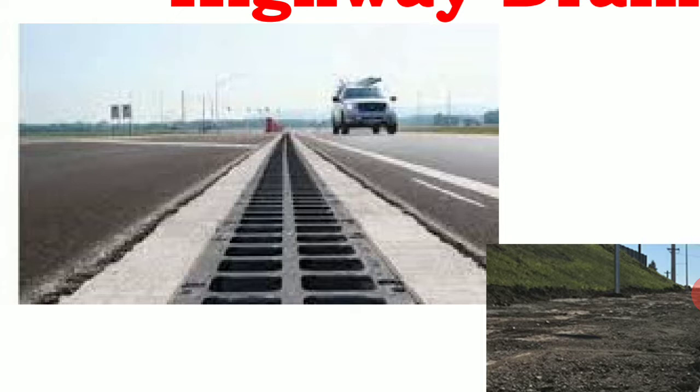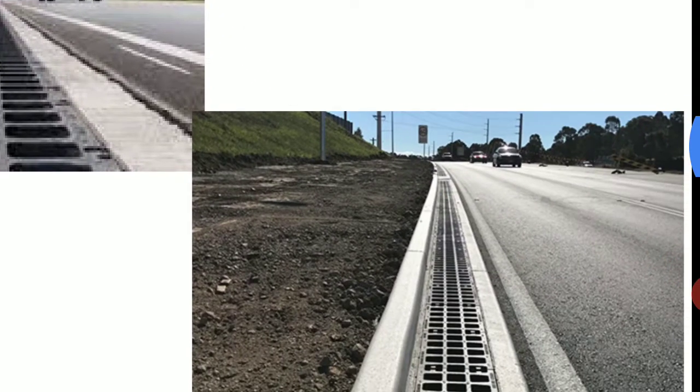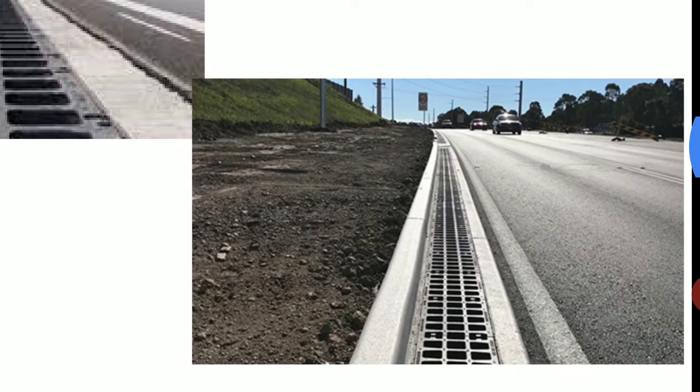So here, whatever rainwater falls on this particular surface, at that time it is going to percolate into the different layers, and in some cases it is going to damage the entire pavement layers. So to avoid those consequences, we need to provide a proper drainage system, right?